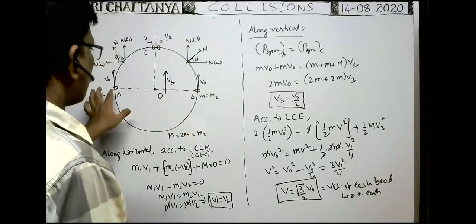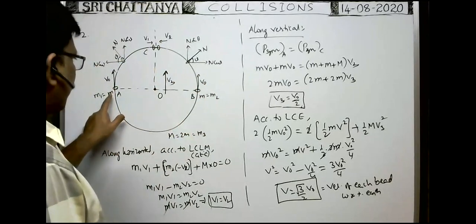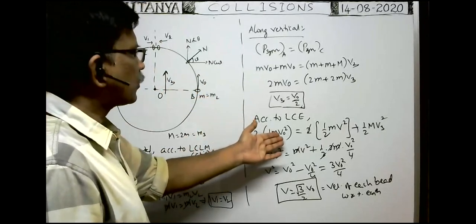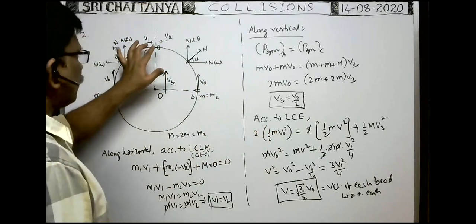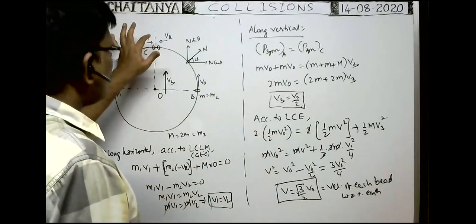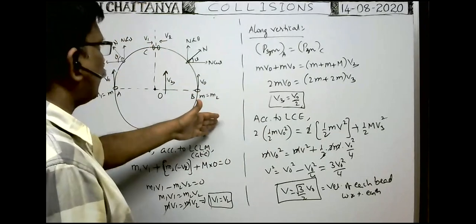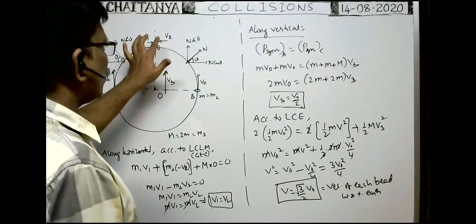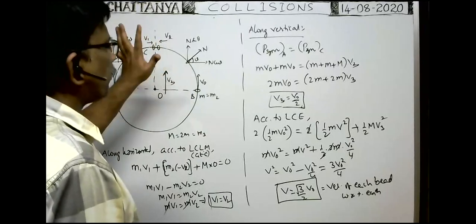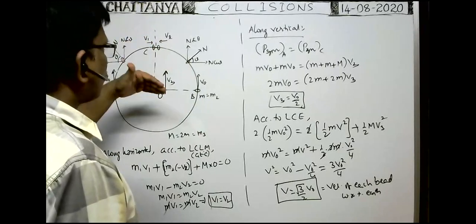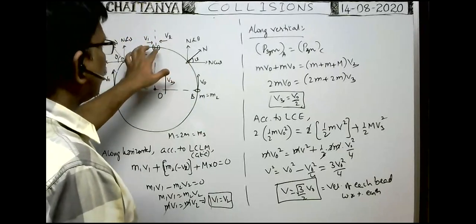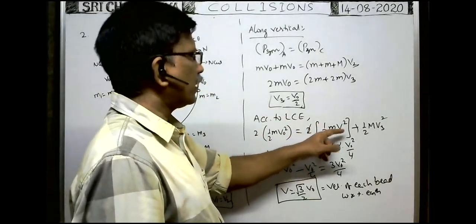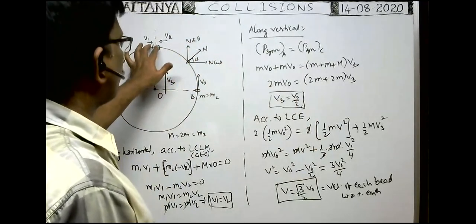So the total energy when the beads are here means the kinetic energy of this speed plus the kinetic energy of this speed. Suppose each bead has velocity v with respect to the ground. Both beads are identical, so both acquire the same speed before they reach the point here, with respect to Earth. Then the kinetic energy of each bead is half m v square, into 2 for the two beads. That is the total energy of the two beads at this point.